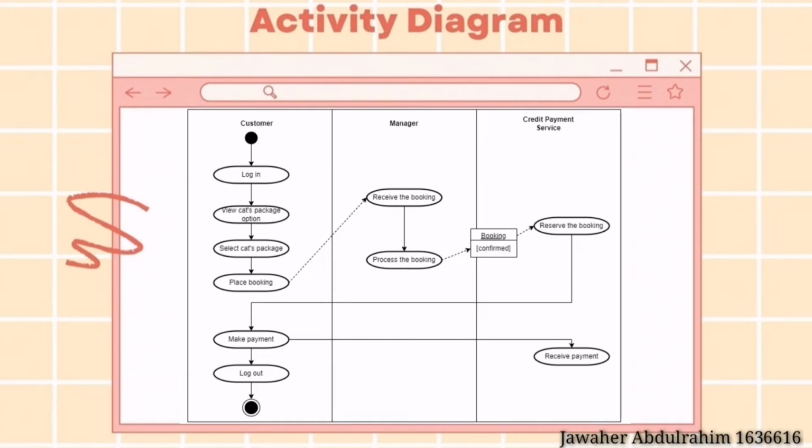Then we go to the next step, which is to process the booking, which will be done if the booking has been confirmed. Then the credit payment service will reserve the booking for the customer. But in this case, the customer has to make the payment. Then the credit payment service again will receive the payment. After that, the customer can log out from the system.